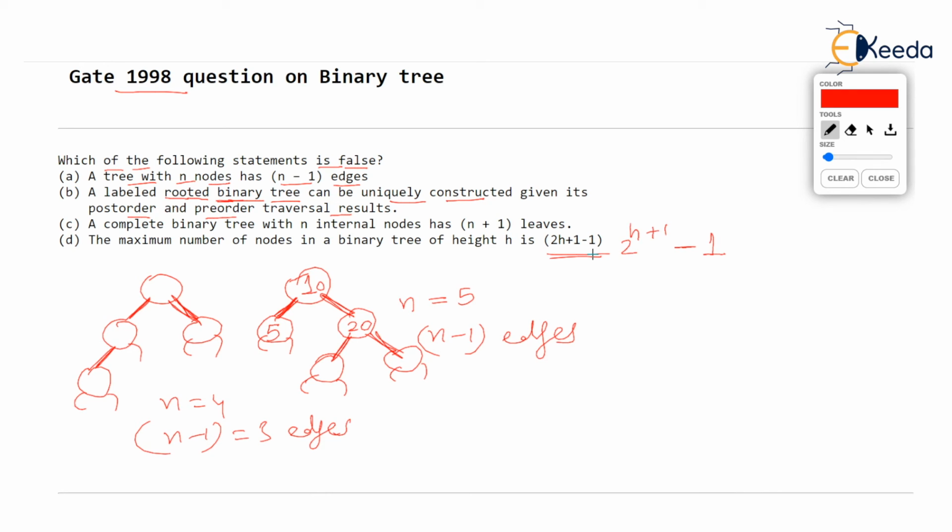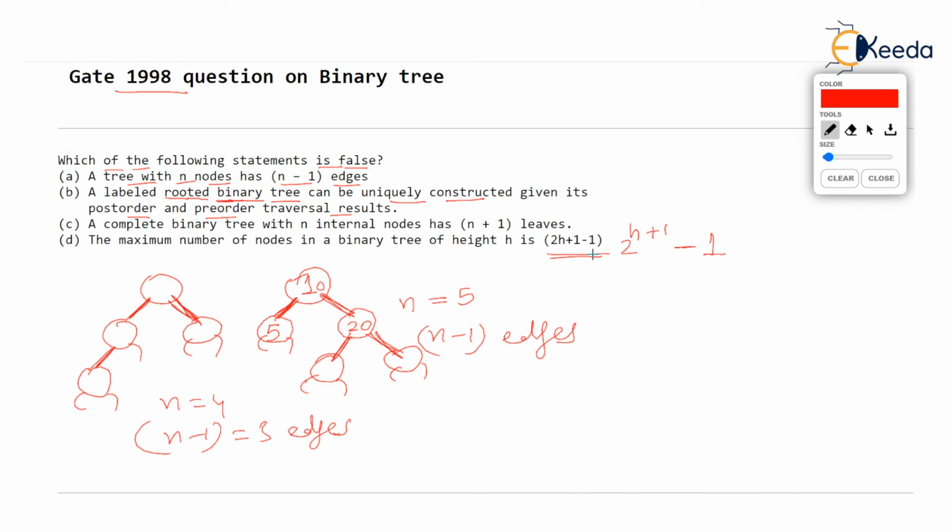From the past video, you have noted that if pre-order and post-order traversal outputs are given, and in-order is not given, only post-order and pre-order is given, then you can construct a binary tree, but you cannot construct a unique binary tree.